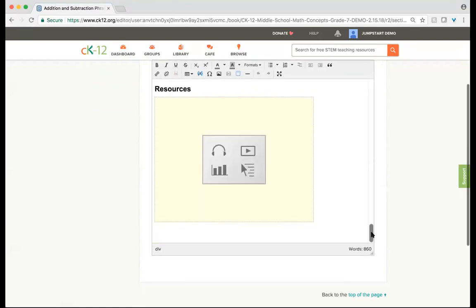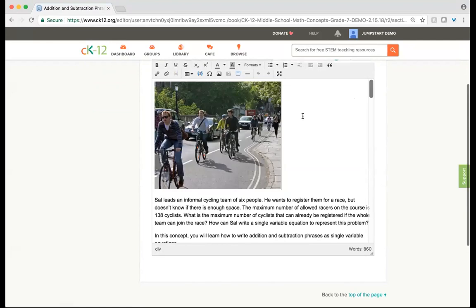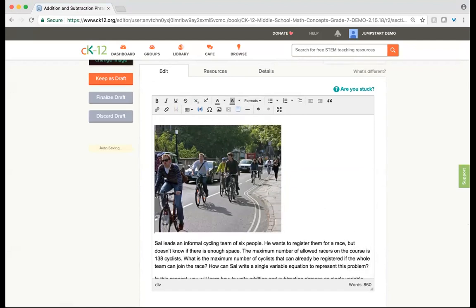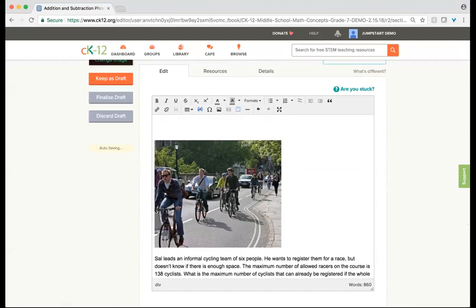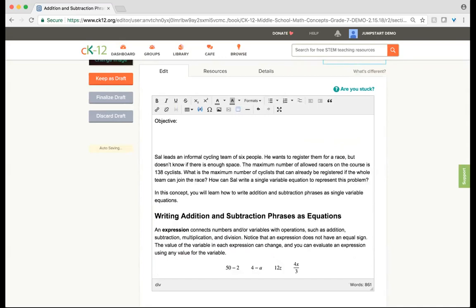So your changes can be very small. Perhaps you're in a district where you need to start each section of your book with what the objective is, or an I can statement or something. I just selected in this text box and started typing, and now all of a sudden I'm adding to this book. Maybe I'm not a fan of the cycling picture and I've got a really cool picture of me on a bike. I can delete that photo, and using our toolbar here, which should be pretty intuitive, like what you guys have seen in Microsoft Word or Google,